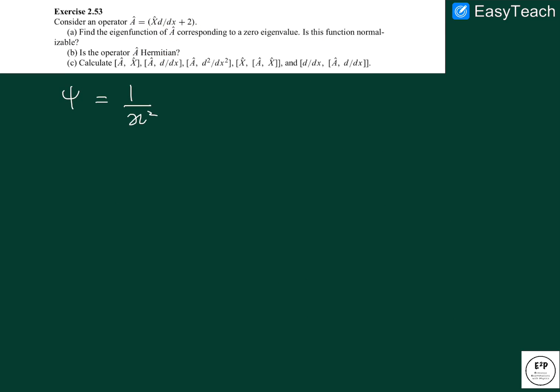Now there are two ways to see if this psi is normalizable. One is by direct definition, that this psi should be finite, continuous, and its derivative should also be finite and continuous and single valued over the whole space. So by method 1, that is by definition,